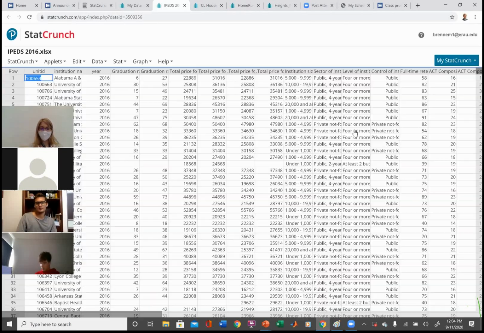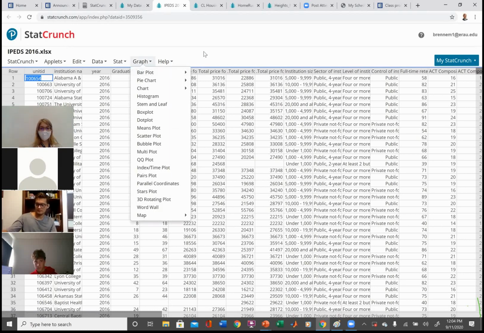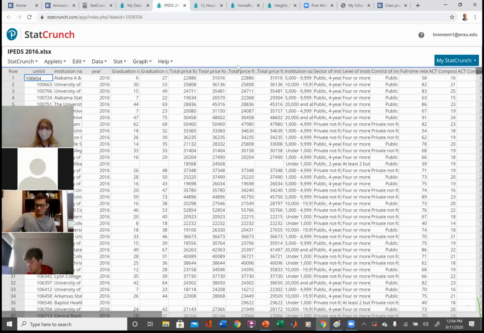I'll tell you what one of the problems is going to be. There are 4 prices here. This is the total price for college. This is a data set on college. Total price for in-state on campus, out-of-state on campus, in-state off campus, out-of-state off campus. I'm going to give you one of those 4. So you can go ahead and practice that, okay? And they'll all be roughly the same. So if you get it for the one, you're going to figure it out for the others, okay? So, okay. Questions that we have.